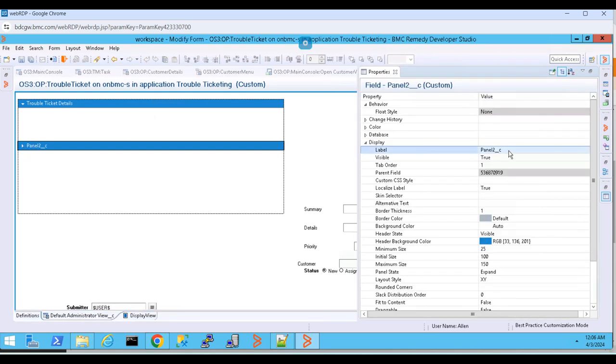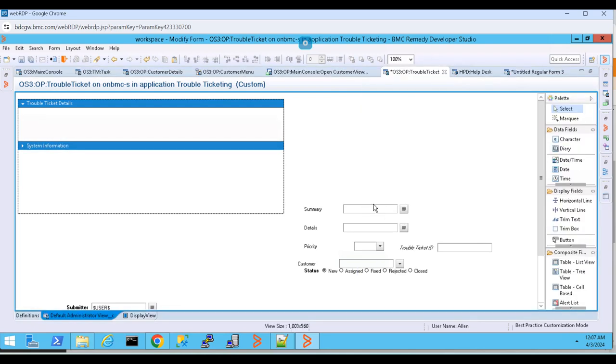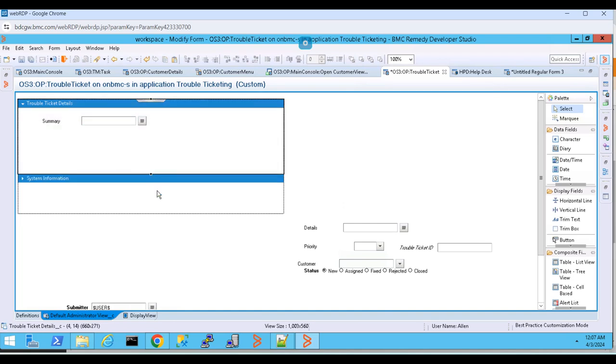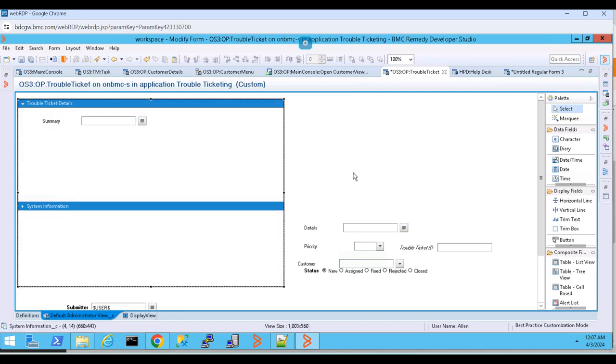Okay, system information. Okay, so then I will add this summary. Now I can drag this also to bring it down so that I'll get more space. So this is just a